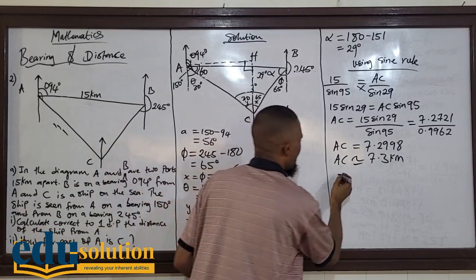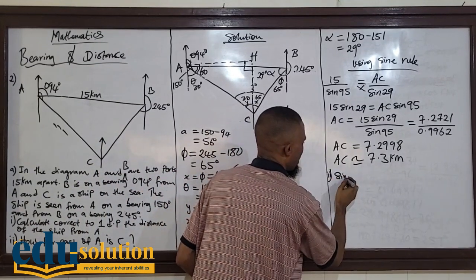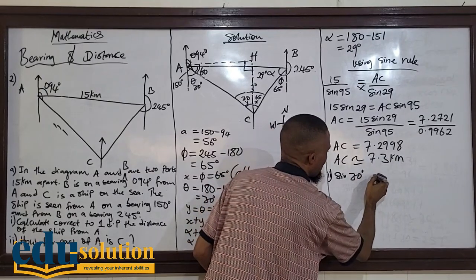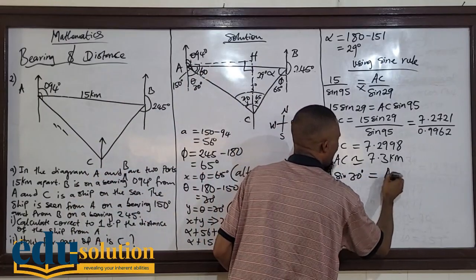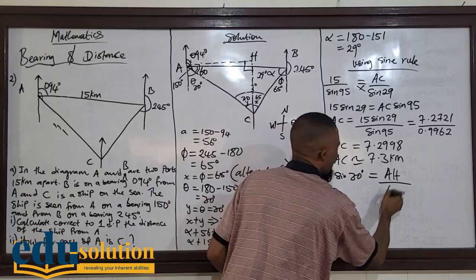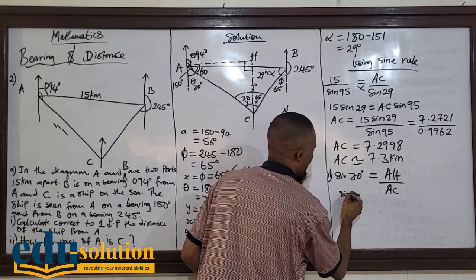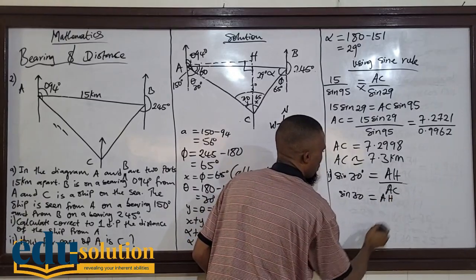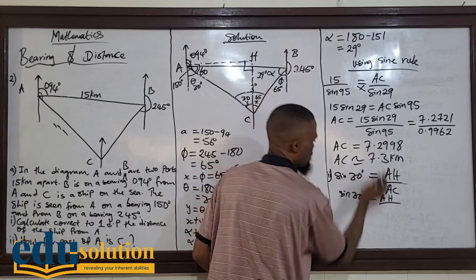So we have a sine, I think number 2. So we have sine 30. Remember I said we're using sine 30. So sine 30 is equal to our opposite, which is AH, over our hypotenuse, which is AC. So sine 30 is equal to AH over AC, which is what we got in this place. I said don't use the approximated one, we are using this, which is